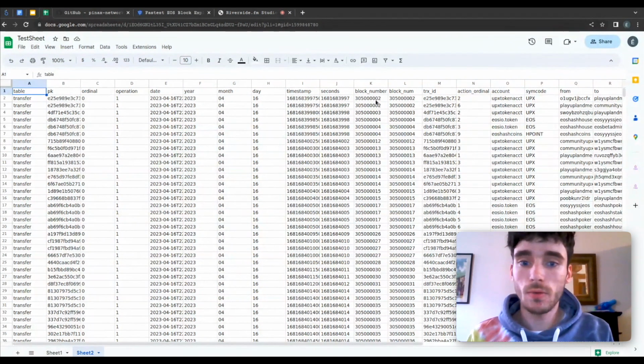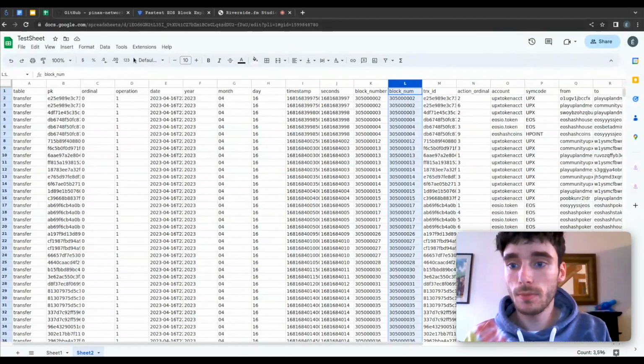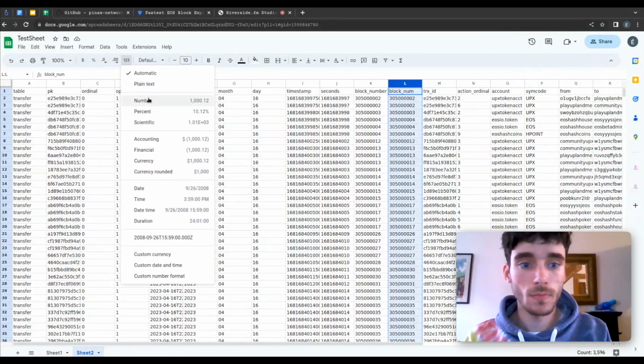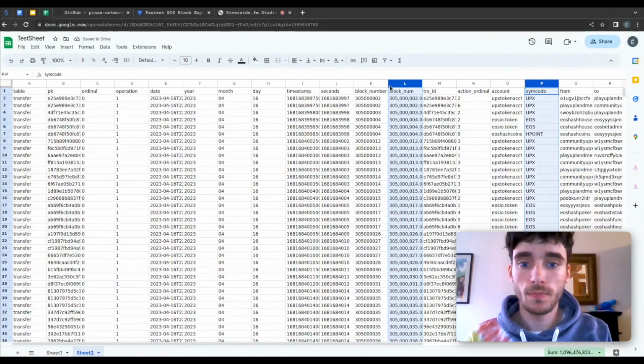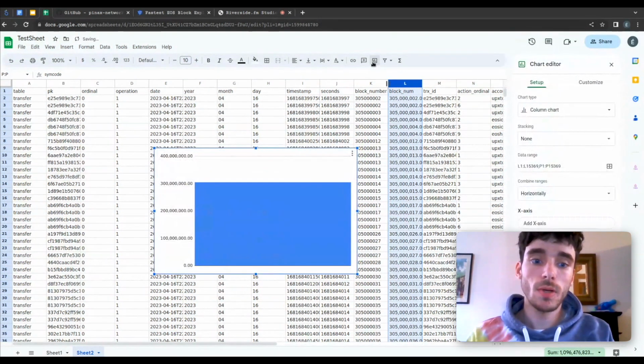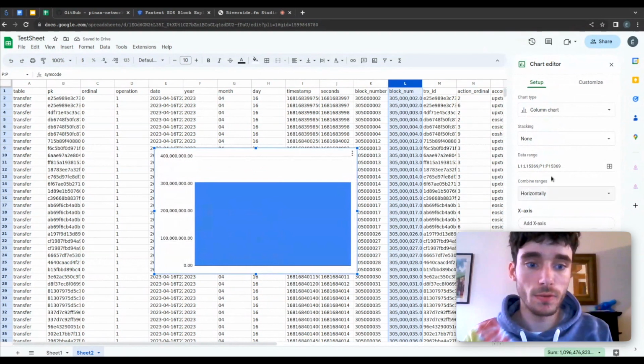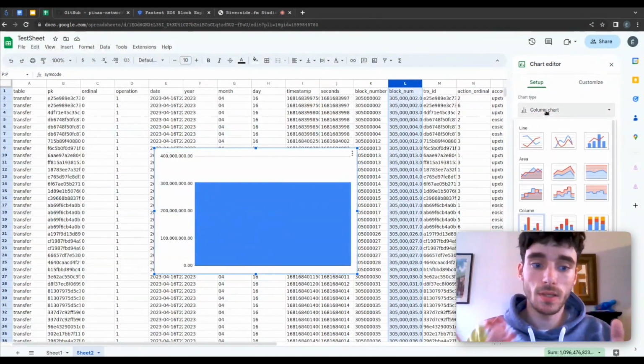So if you're familiar with Google Sheets, you can go, for example, and tag this as a number and use that information with the SIM codes here to maybe build a chart that is going to tell you the distribution of the tokens for this specific 1,000 blocks.